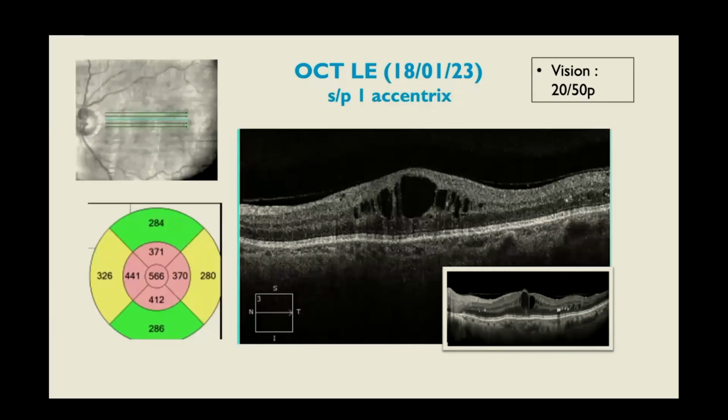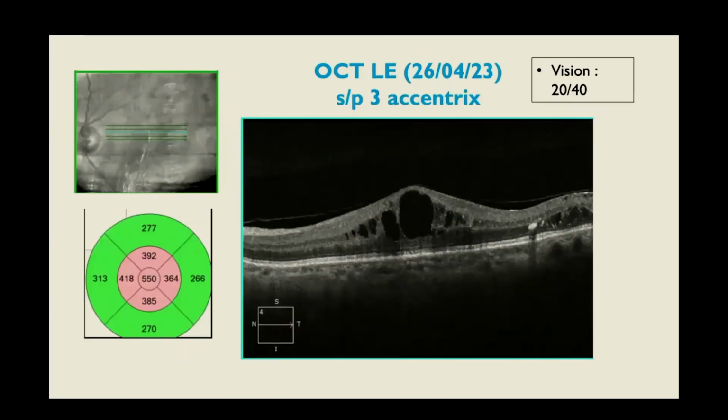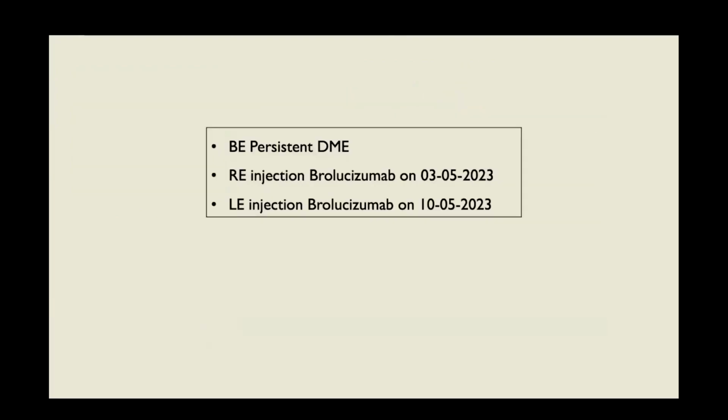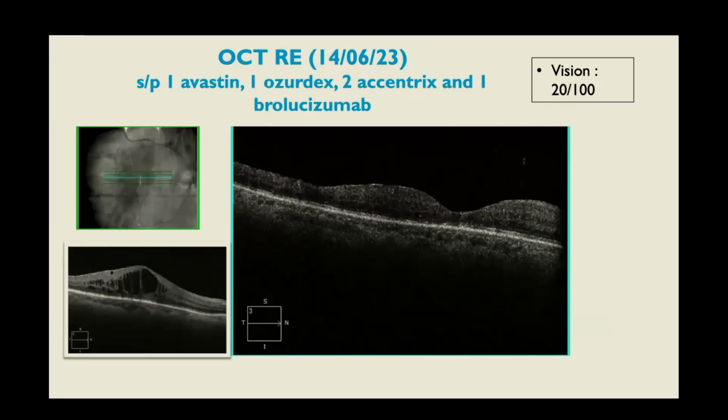The inset is the baseline. But I'll now skip to the overall treatment, how many injections this patient received. The point is that this patient had recurrence of macular edema repeatedly and had to be given multiple ranibizumab injections, but then was switched to brolucizumab last year. And with brolucizumab, there was a better drying effect, although the visual acuity did not improve much.